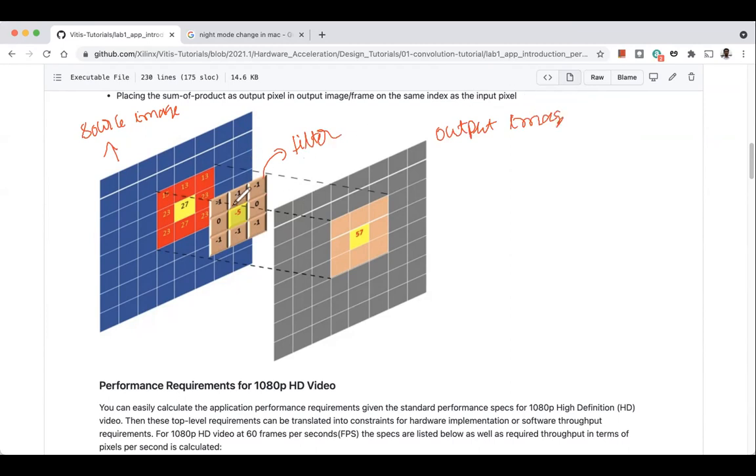Okay. So we take this filter and we move it around. In order to generate this pixel here, we have to keep this filter here. What happens is the center of this filter, and this is a 3x3 filter.